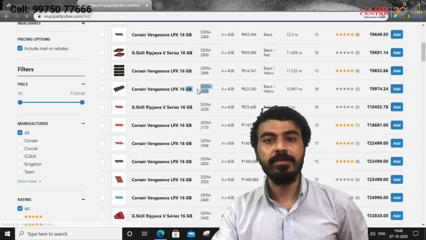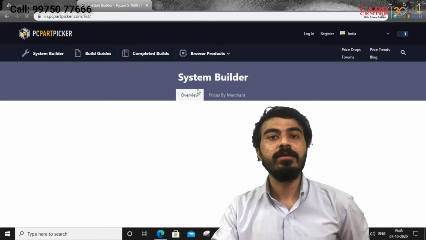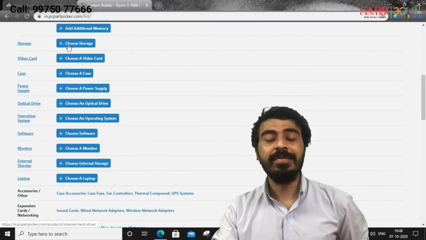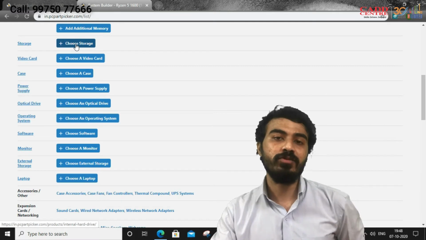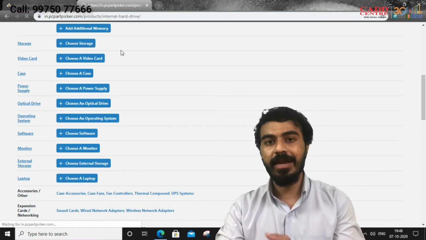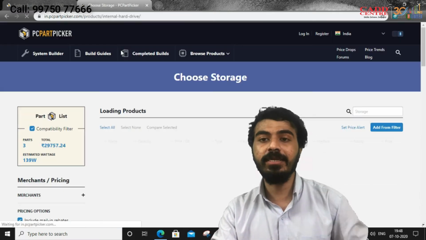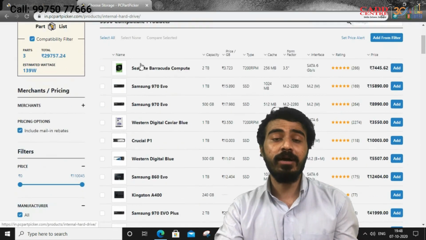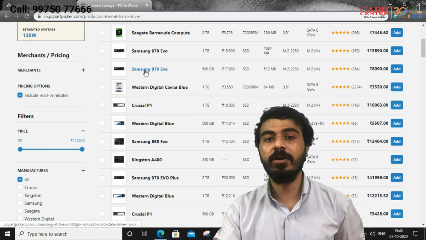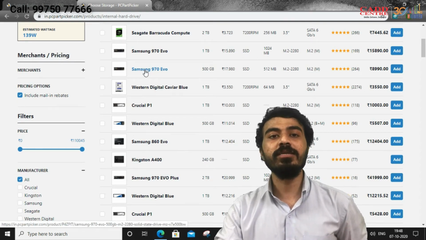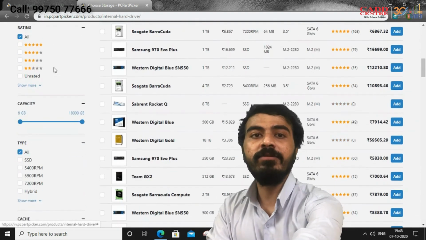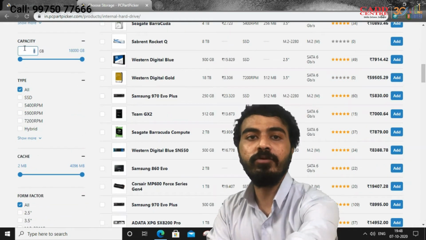Next, after RAM, we need storage. As we discussed earlier, there are 2 types of storage. First one is HDD and second one is SSD. Okay. For operating system installation and for our software installation, we need an SSD up to 250 GB. So you can set a filter: you need capacity up to 250 GB.